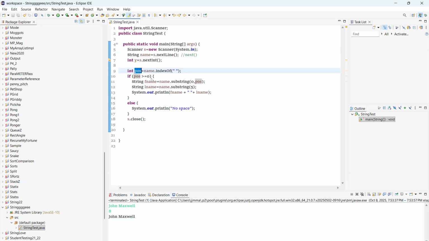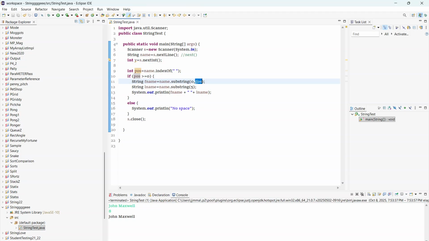So I'm putting a little if statement here that is saying if pos is greater than or equal to 0, which is the starting index of a string, then what I'm going to do is break it down into first name and last name. Well, all strings begin at 0, and pos is the location of the space, so I'll just put pos in,